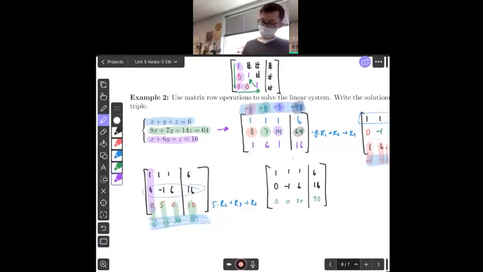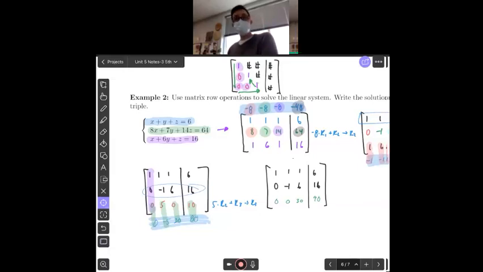On this equation, Grant, we don't have any x's or any y's, just a z value. And we want the coefficient on the z to be a 1. Right now it's at 30. And usually the simplest way, at this point especially, to go from any number to 1 is to divide by that number, right? Or multiply by that fraction. If you're looking for getting a 1 up here, then you might want to do some adding of something like that. But at this point in the problem, the simplest way to get a 1 is just divide everything by